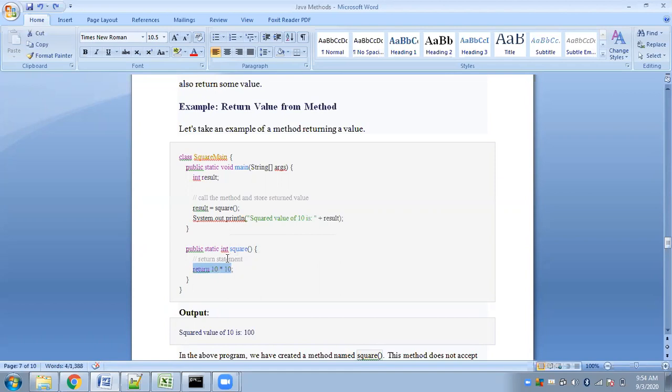Okay, so this particular function has a return type int, which means that this square function will return an integer value. Okay, now this value will be returned back to the main function, and therefore we have to store it somewhere. For that we are assigning that value to the result variable. Okay, now the result will contain 100. Okay, now simply you have to display the result accordingly. Fine, it is very simple.